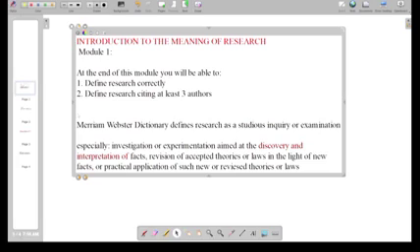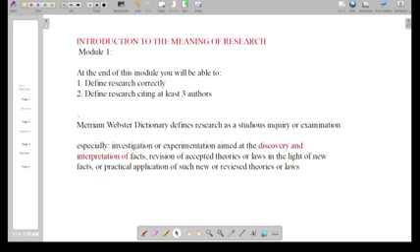You want to discover and as well interpret facts. As you lay your hands on fact, you begin to come across new understanding. You acquire new knowledge and you come up with deductions from the facts. And as such, you want to revisit, that is, revise accepted theories. You want to review theories, which are conceptual frameworks for understanding the behavior of entities in the universe.